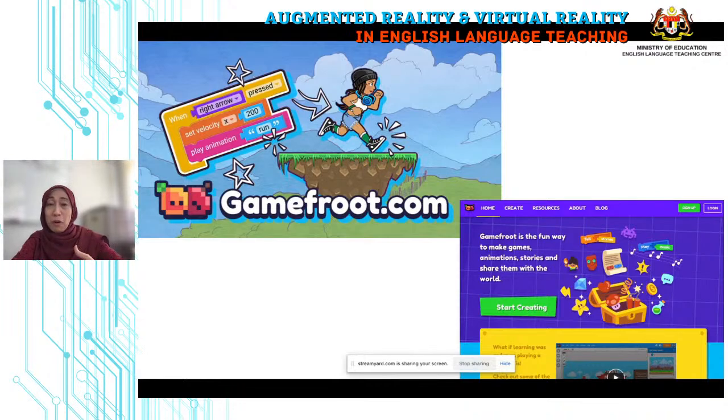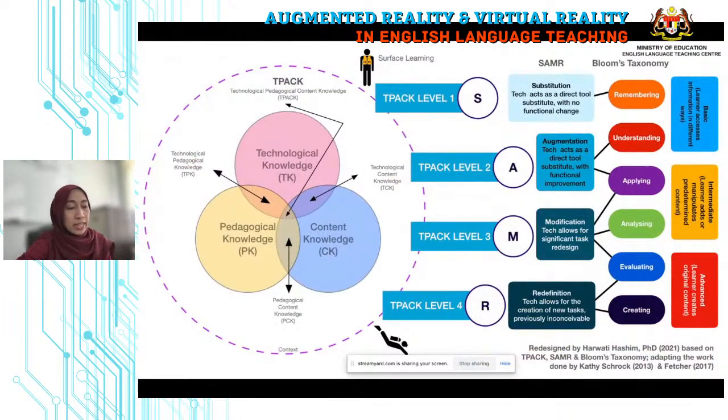Of course, it involves coding and whatnot, but very simple coding. You can try this with your students, especially if you are teaching the young ones, the primary school students. This is what I've learned from my master student. He's teaching in secondary school.